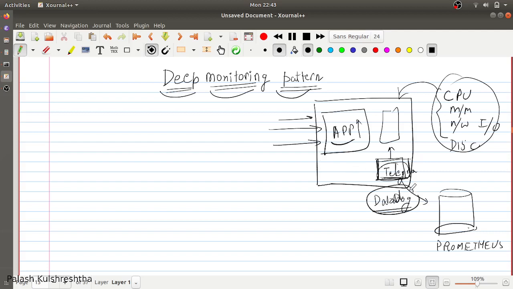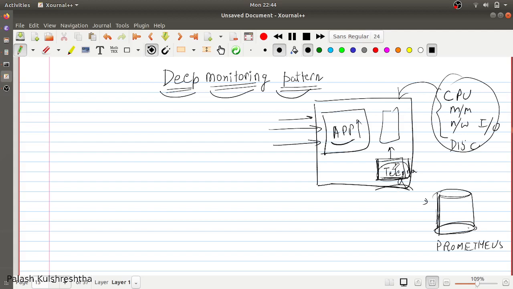Datadog is sort of a whole ecosystem. They provide database services as well as scraping software which you can install on your system and they will charge accordingly. But that's not the point of our video. We are concerned about how we are going to increase monitoring stability and monitoring solutions in our architecture.